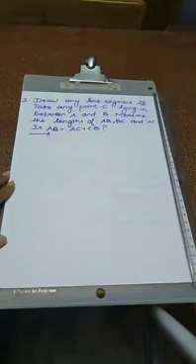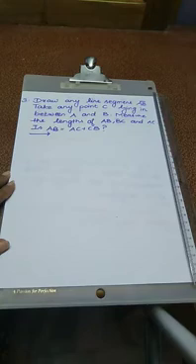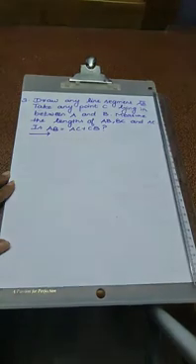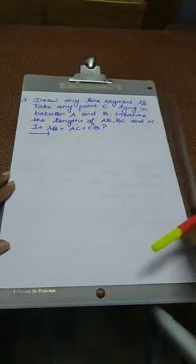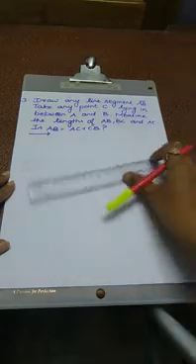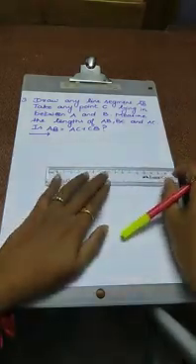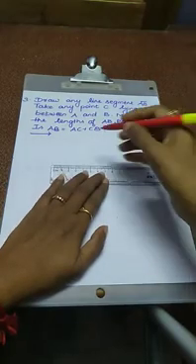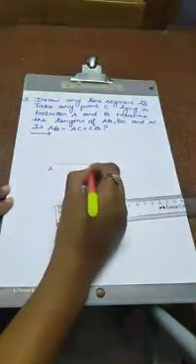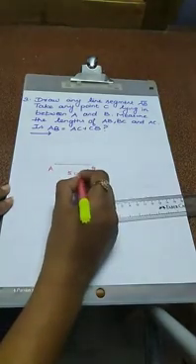Next problem, draw any line segment AB, take any point C lying in between A and B, measure the lengths of AB, BC and AC. Is AB equal to AC plus CB? This is our question. First we are going to draw a line segment, our own measurement only. Now I am going to choose a 5 cm measurement. Take a scale and draw one line segment. The starting point is A and the ending point is B. The whole value is 5 cm.